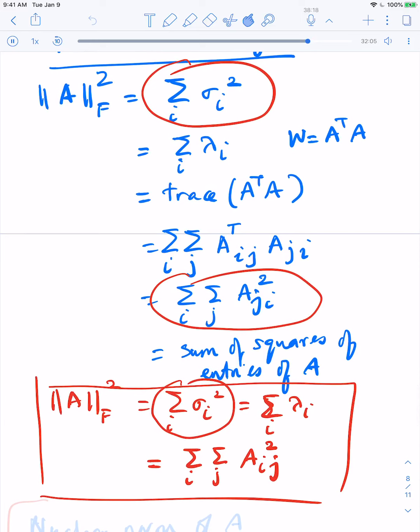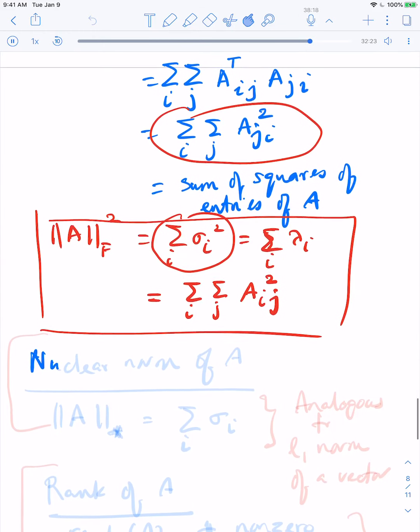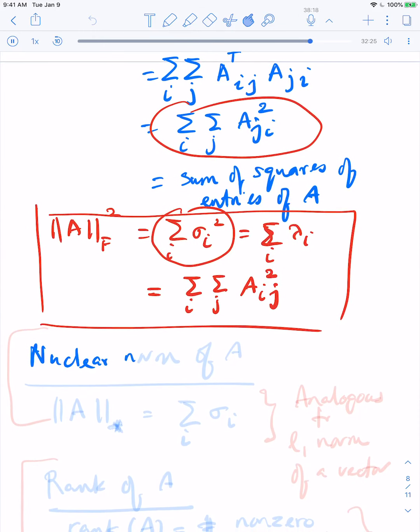Okay, so we have the L2 norm of the matrix, which is analogous to the L infinity norm, the Frobenius norm of the matrix, which is actually analogous to the L2 norm of a vector. What about the L1 norm? Well, that has its own fancy name. It's called the nuclear norm of A,